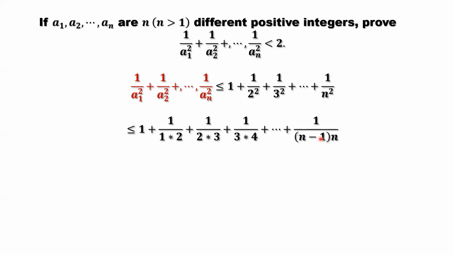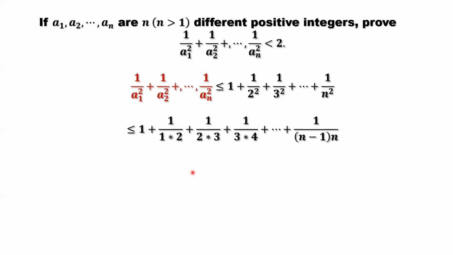So this is the general term. Look at the second term, 1 over 2 squared. This is 2 times 2. We change 2 to 1, so here's 1 times 2. The denominator becomes smaller, so this number is bigger, so this number is less than this number. Similarly here, that's 3 times 3. 1 over 3 times 3 is less than 1 over 2 times 3, because this denominator is smaller than this one, so this number should be bigger than this, so this number should be less than this.